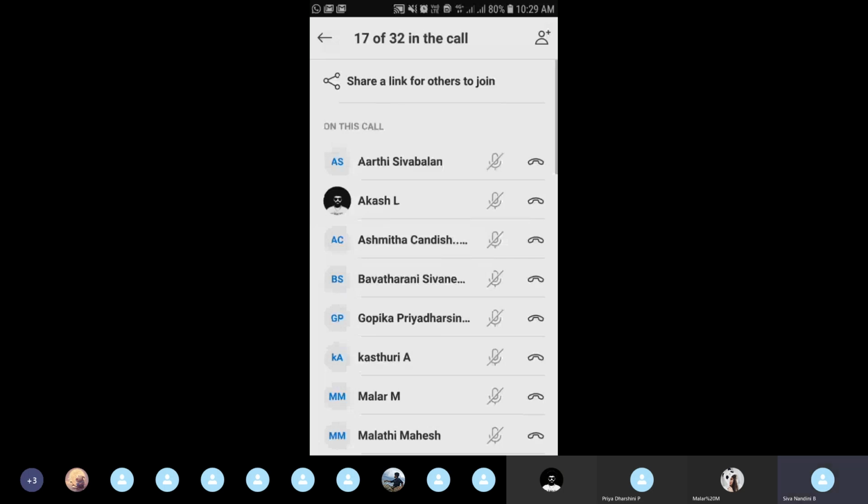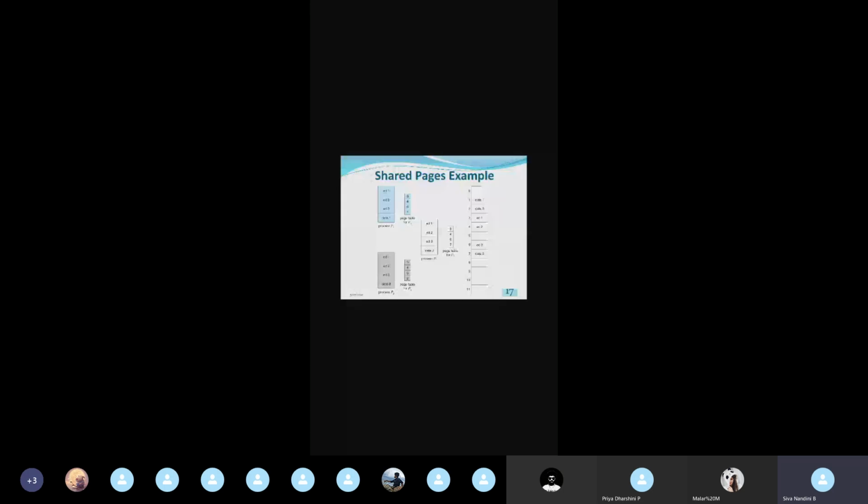See here, the slide number 17. See at the top left side. See here, in that blue color box we are having process P1. For the process P1, we are having 4 pages. Of those 4 pages, this ED generally denotes the editor. Here this ED is denoted for editor 1, editor 2, editor 3, and some data is available.